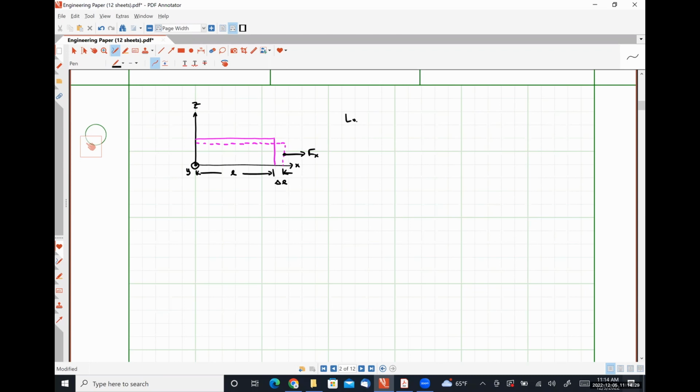So our longitudinal strain is the relative change in length due to an applied stress